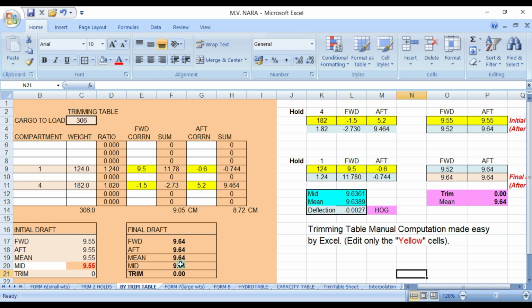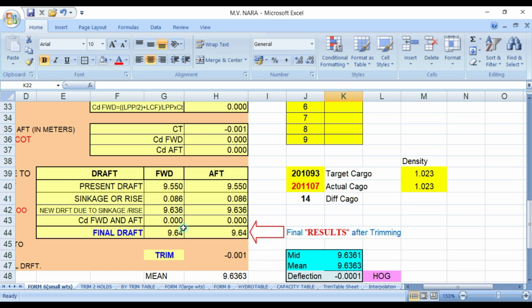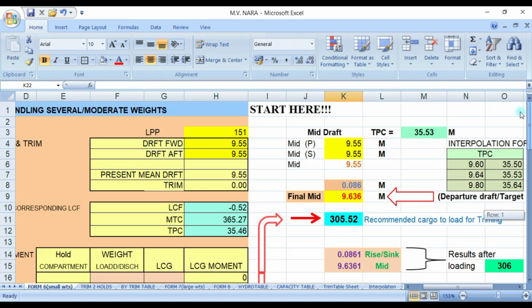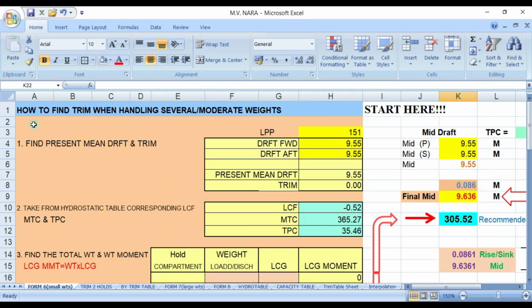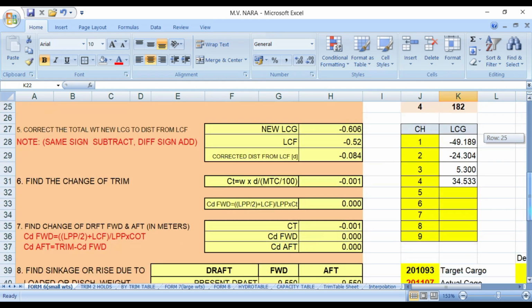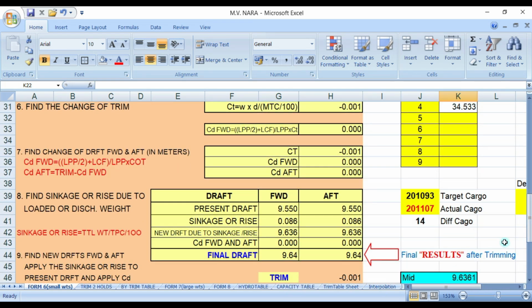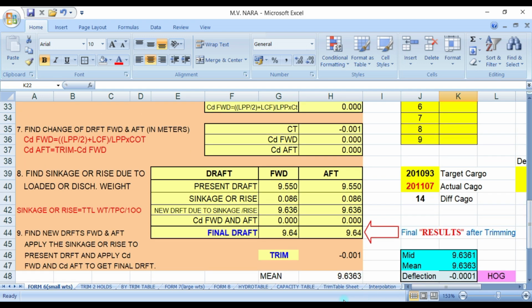So guys, you have 2 options, or 3 options actually, to validate your final drop. In Form 6, this one, how to find trim when handling several small weights, which I call Form 6 small weights. Then you will have a final drop of 9.64 forward and aft, and your trim is 0, and your mid will be 9.636.